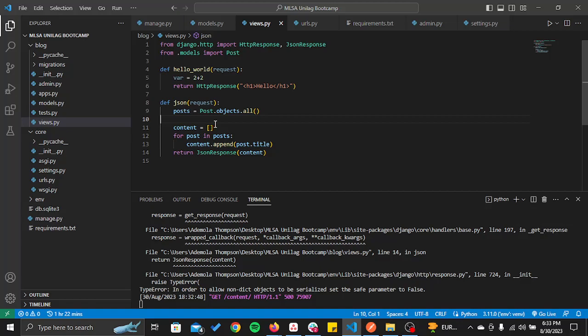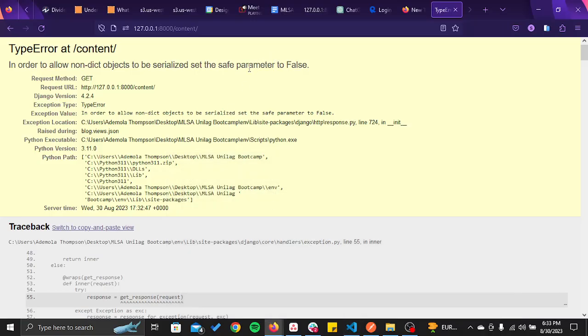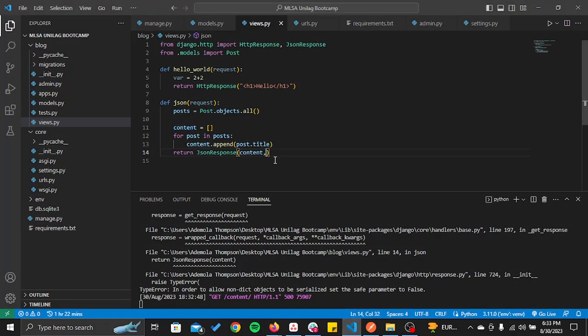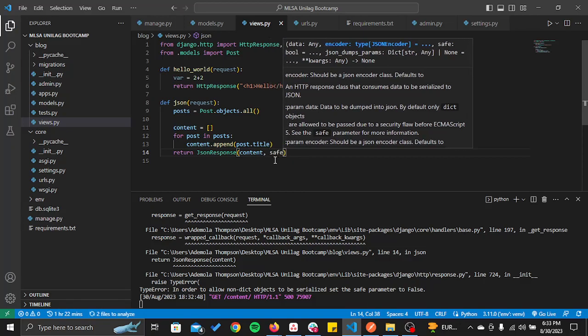So content is a list, and that will definitely not work. But it's telling us that if we want to bypass that, that's, should I call it a security measure, that it puts to ensure that whatever I put in is a dictionary, rather. I should set the safe parameter to false. So in order to do that, I'll just come here and say comma safe is equals to false,